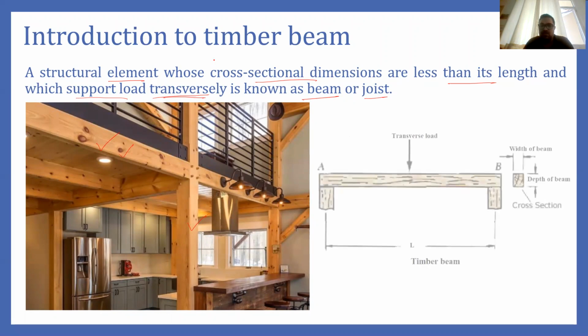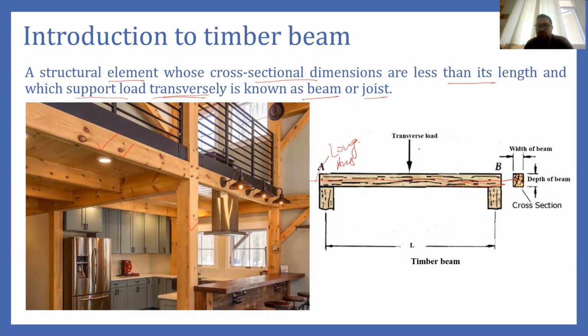So that we can see in this diagram also. So you can see the longitudinal axis will be the axis passing through the centroid and the axis running through the length of the beam. So this axis which is running along the length of the beam will be known as longitudinal axis. And the axis perpendicular to this, I mean, say this is the axis which is perpendicular to the longitudinal axis, so this will be known as transverse axis.